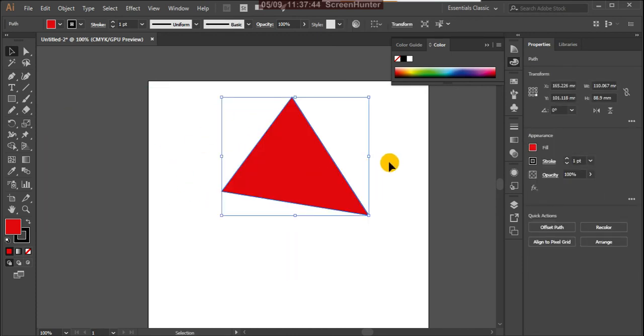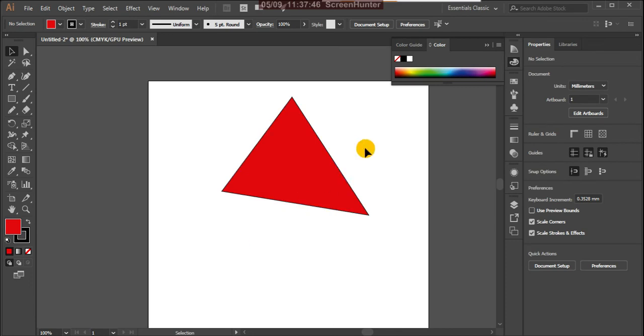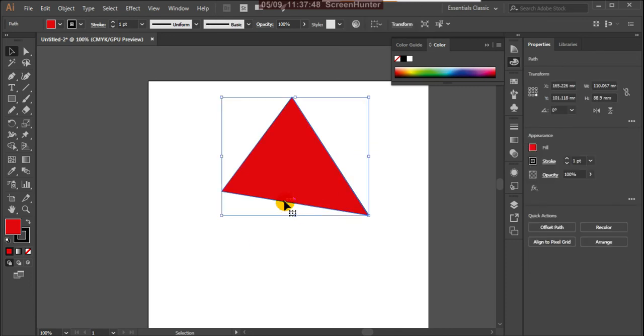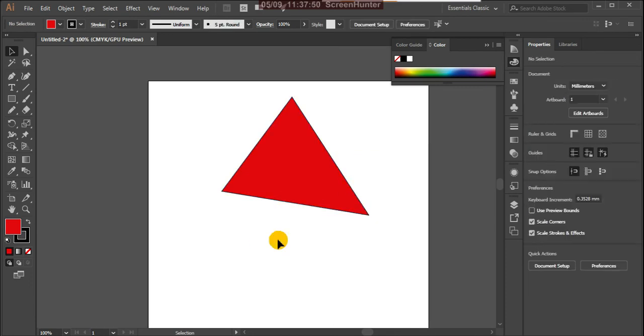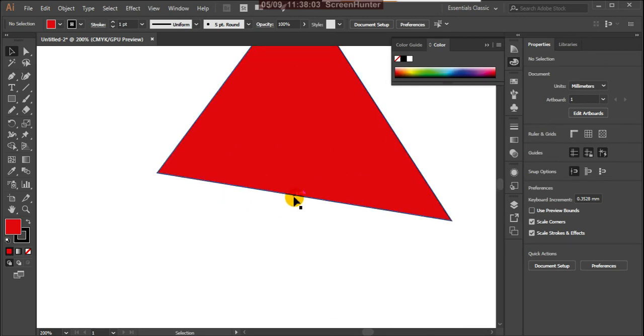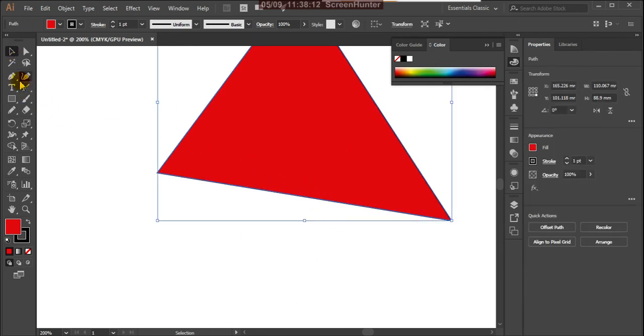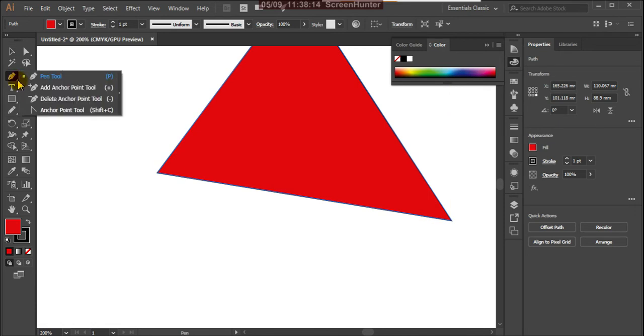Yeah, this is the triangle shape I created, but I want to make a curve here because these are already straight lines, but I want to make it a curve. So suppose here I want to add one more anchor point on the path. So what I'll do, simply select this and click on the pen tool.